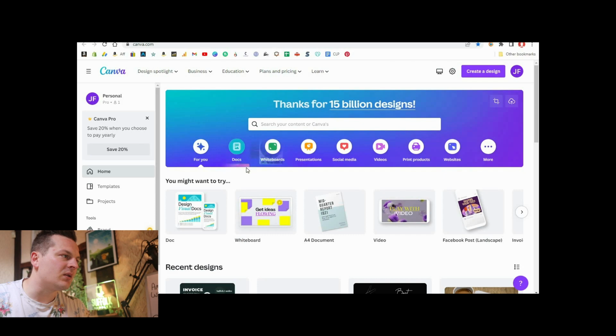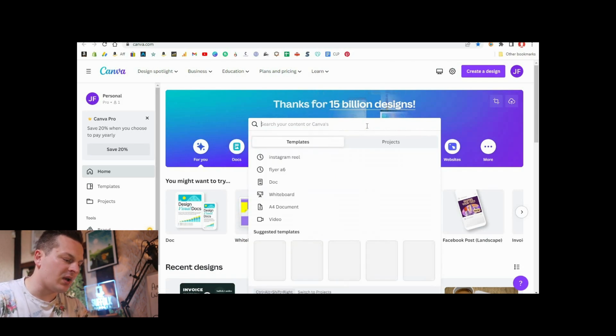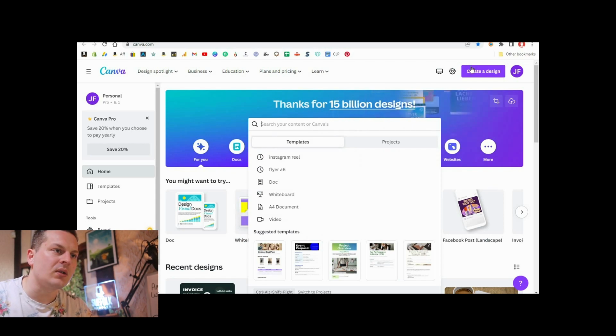Right, the first thing we need to do is load up Canva. I recommend getting a Canva Pro account as it is literally amazing. You can do all sorts on there, schedule Instagram posts, Pinterest posts, you can make pictures, videos. Honestly, it is the best software ever, and £10 a month is pretty cheap. So what we're going to do is a 5x5 label, which is sort of my standard go-to at the moment. So we need to create a new design,